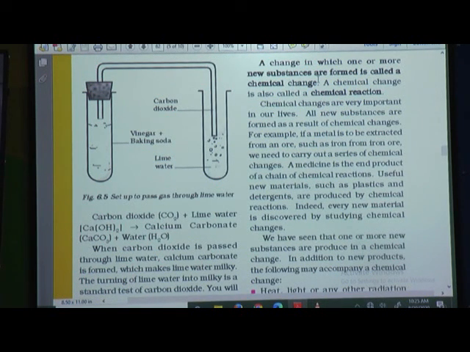I told you that chemical change is called a chemical reaction because in this chemical change two or more substances are added or mixed with each other, and then they give us a new substance, a completely new substance. That new substance has an entirely new chemical identity which does not match the substances that were mixed with each other. That is why it is called a chemical reaction.